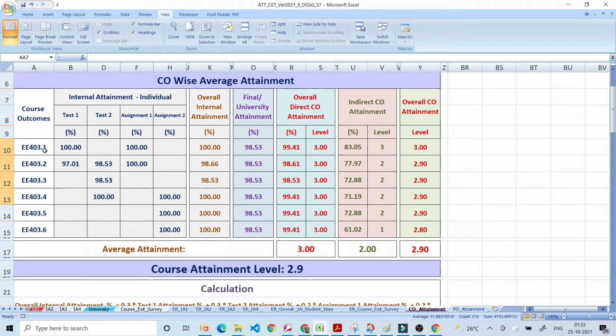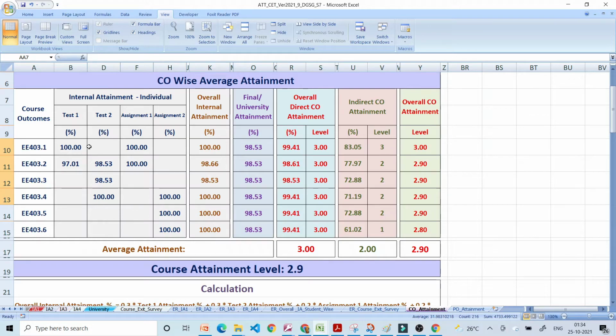For CO1, we can see that only test 1 and assignment 1 has questions corresponding to CO1. For combining the direct internal attainment contributions, we have set the weightage as 30% for test 1, 30% for test 2, 20% for assignment 1 and 20% for assignment 2.